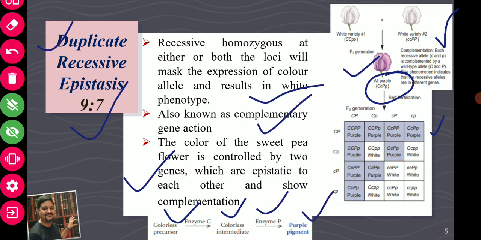So this is the mechanism behind the duplicate recessive epistasis, and it will result in the ratio of 9:7. So again you draw a Punnett square in your notebook and get acquainted with how this ratio is getting changed from 9:3:3:1 to 9:7. So this was about the duplicate recessive epistasis. Now